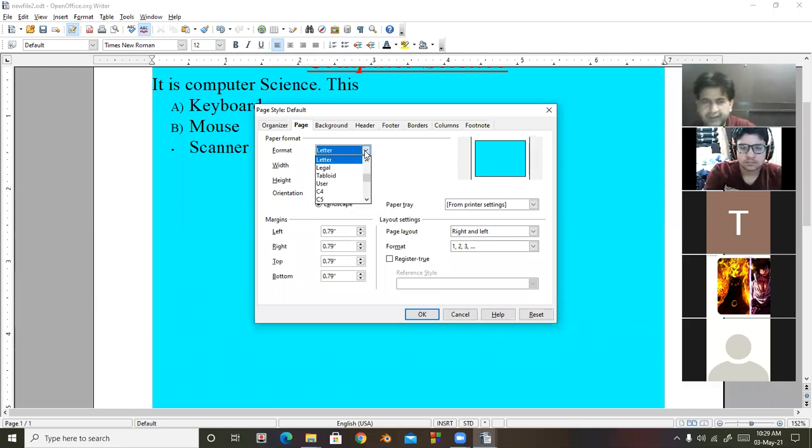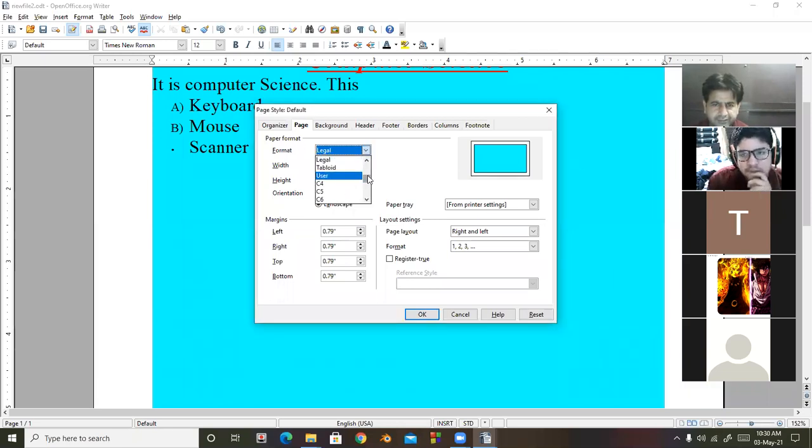And your paper size is, we are using A4 size. Whenever we get the printout, it is A4 size. Here is Letter size. And whenever you are doing some legal work, there is a legal document. The size of a legal document, the height is a little bit more. So look at here, height is 14, width 8.5.